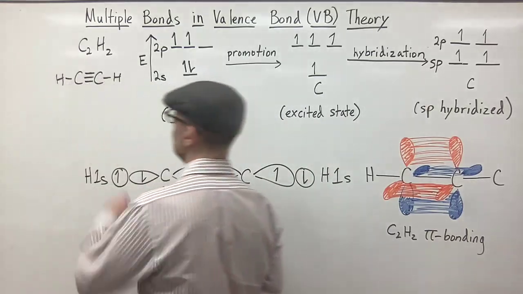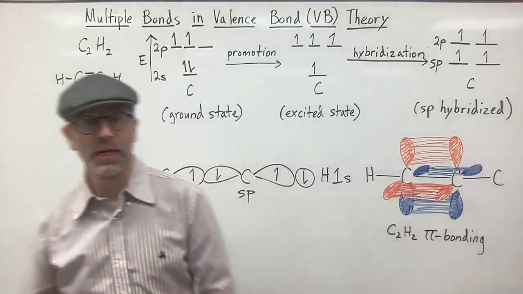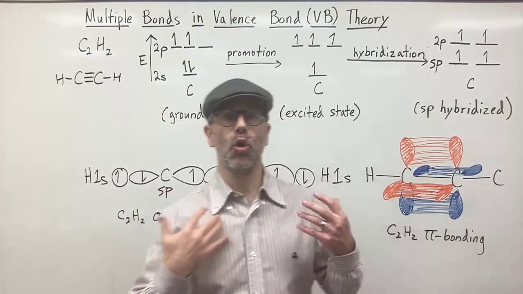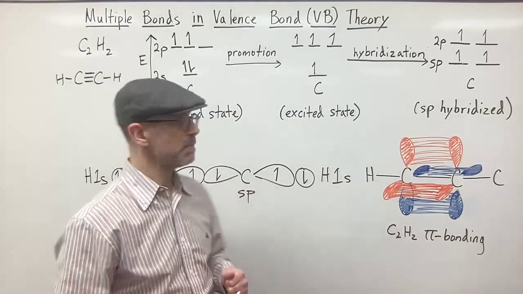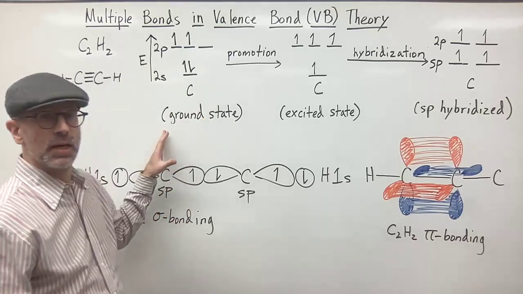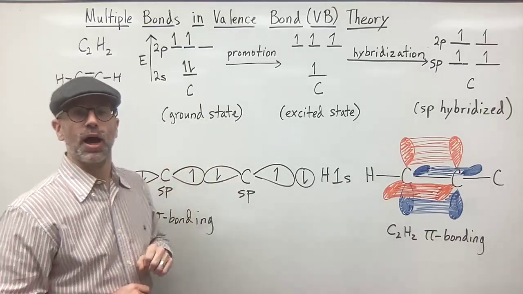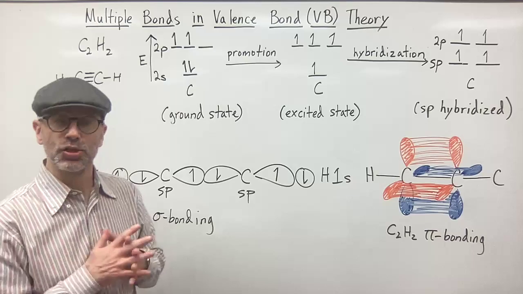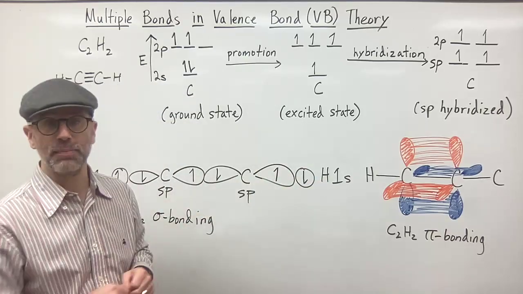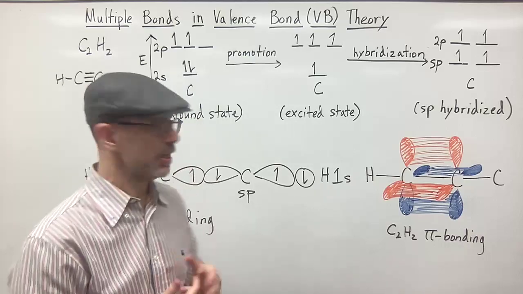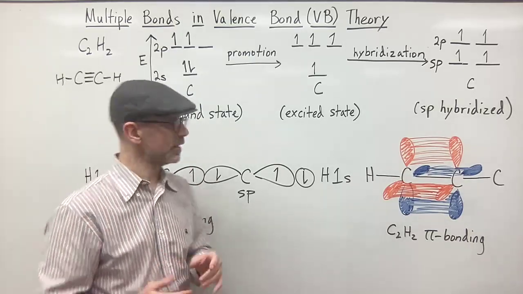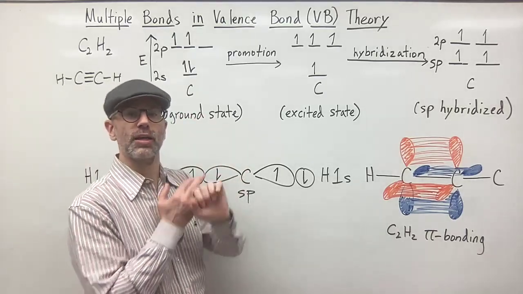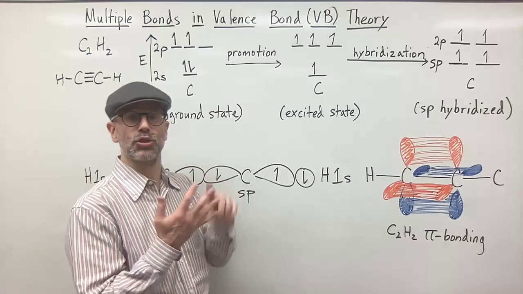C2H2. So this is the Lewis dot structure for C2H2. You'll notice it has a triple bond. The experimentation shows that this is linear. And so we're going to explain that again by valence bond theory. So again, going back to our carbon atoms that are bonded together, if it's linear, that's going to indicate that we have sp hybridization, because that's associated with a linear shape or a bond angle of 180 degrees, right? Which is what we see from experimentation. And so that means that we would take the s orbital and one p orbital and hybridize those together to get two hybrid